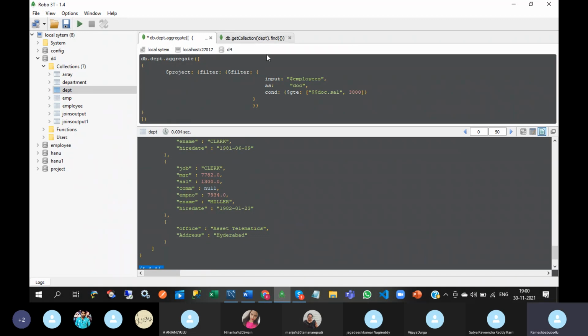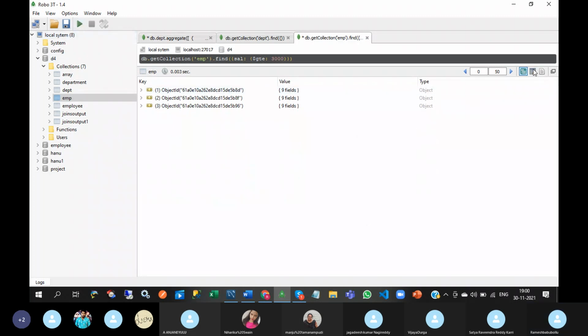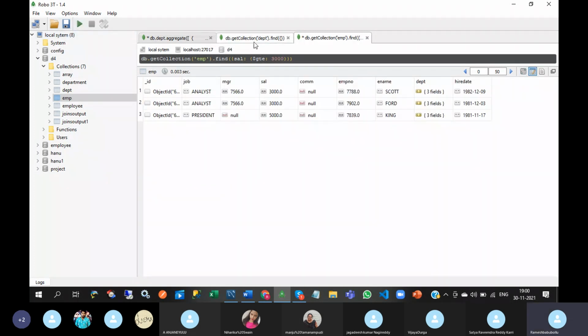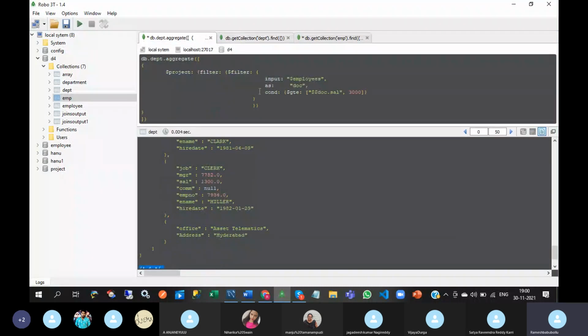So how to write the query? If it is a normal collection, like EMP, how to write the query? This is how you write the query. But these employee details are in the form of an array. Then how to write the query? So this is filter. By using filter, we can achieve this functionality.